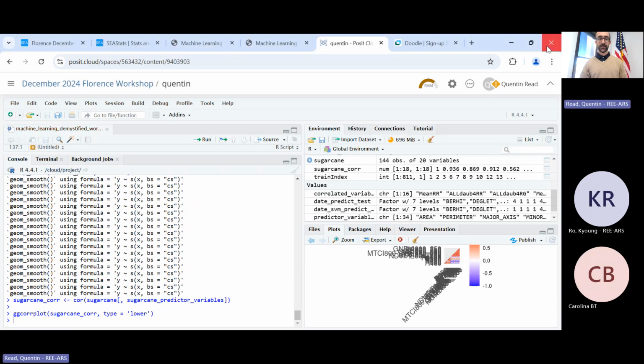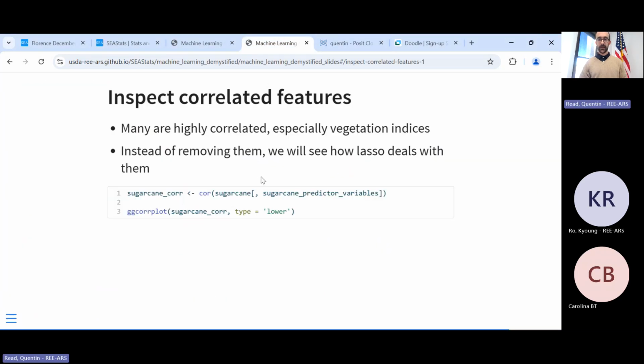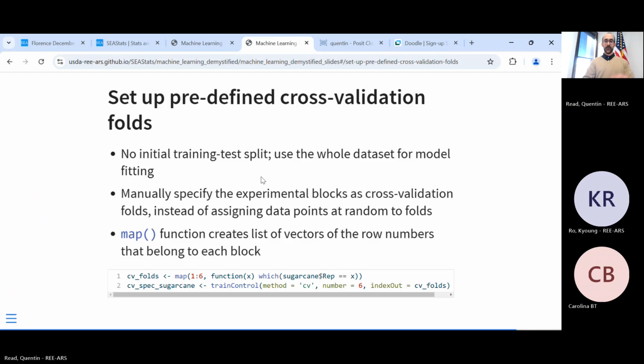Cool. So we'll keep forging on, and I decided to not bother with the training and testing initial split this time, and just do cross validation. So we're just gonna see how we do and not worry about the final evaluation just for this example. It would be nice to do that in practice, but in the interest of time, we're just gonna do